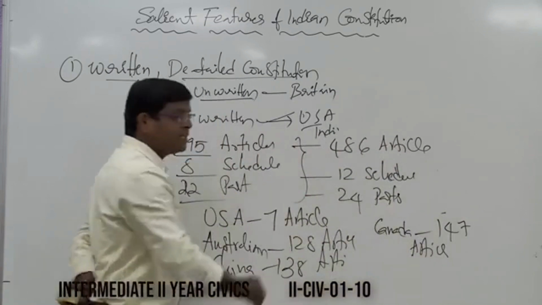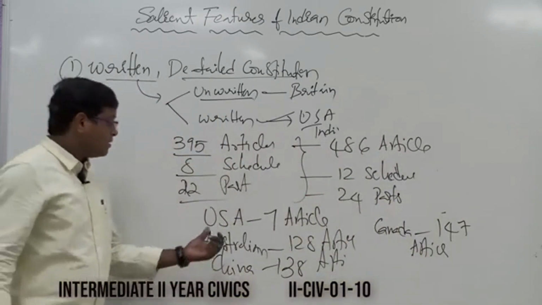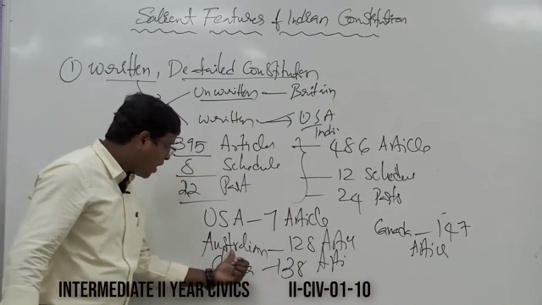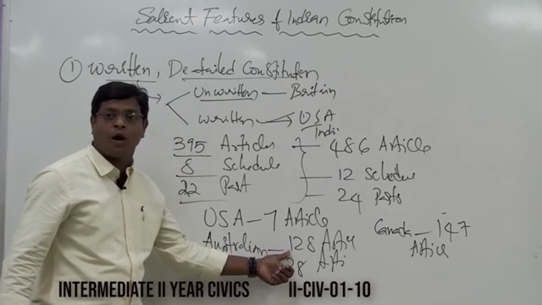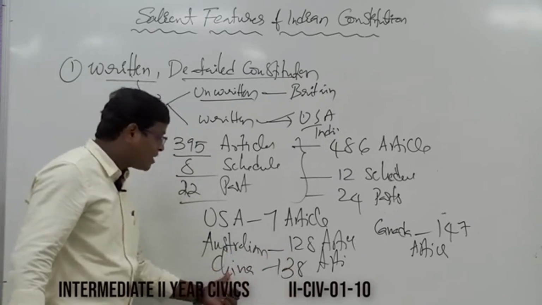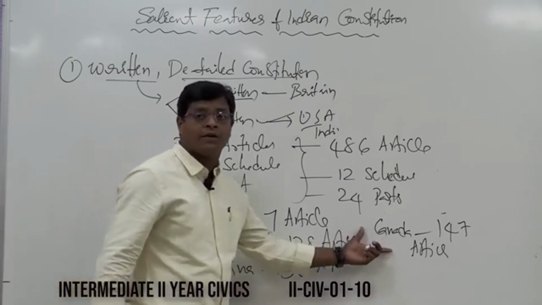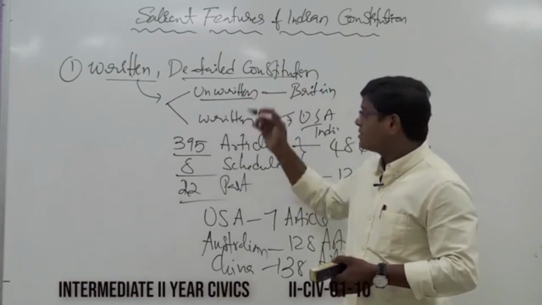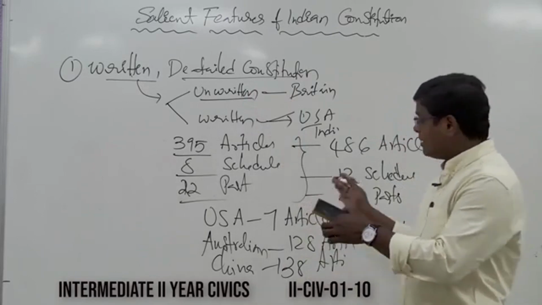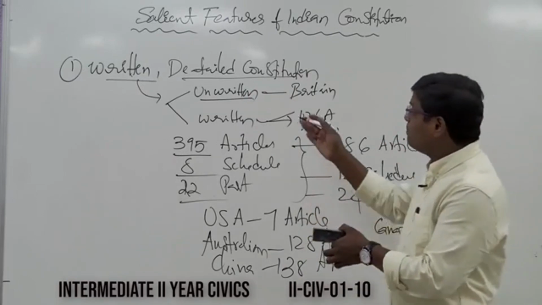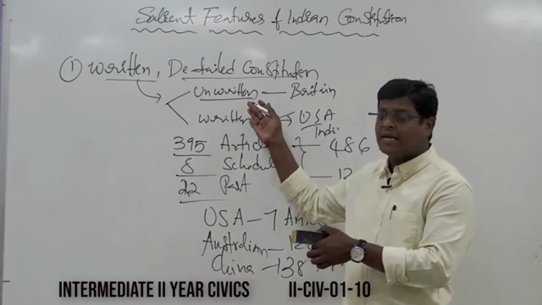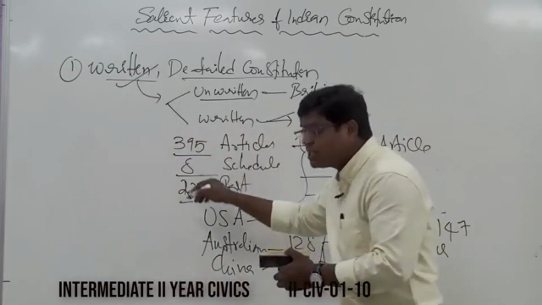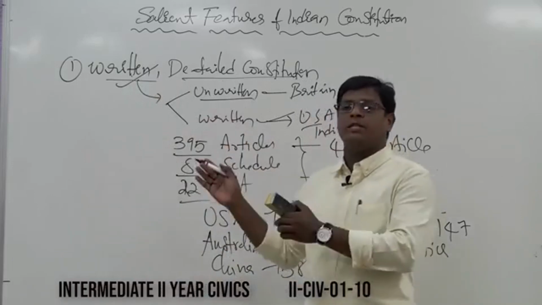So now compare with the Indian constitution. The USA constitution consists of 7 articles, the Australian constitution 128 articles, China 138, and Canada 147, the lengthiest among the world constitutions. Understood? That's why you have to compare in a comparative manner while you are writing the answers. That's why the Indian constitution is the written and the lengthiest one, and moreover it became bulky and lengthy